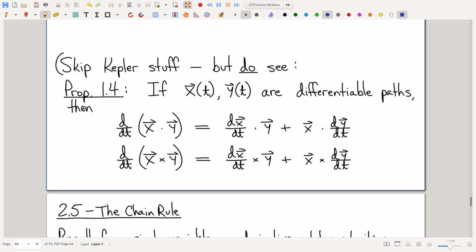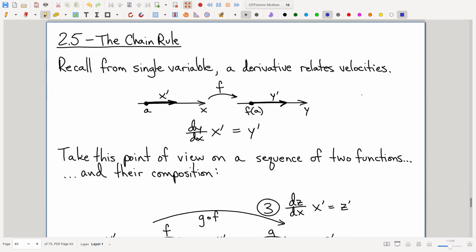Okay, let's see here. We have a couple of minutes left. I want to plant a thought. This is a single variable calculus thought. There are many different ways to think about single variable derivatives. By the way, very often in this class, we're going to find that there is a particular point of view, be it on derivatives or integrals or what have you, that is uniquely convenient for our purposes at a given point in time. So I know that this is probably not your favorite point of view on what a derivative is, but this is the point of view we're going to need for what we're doing here.